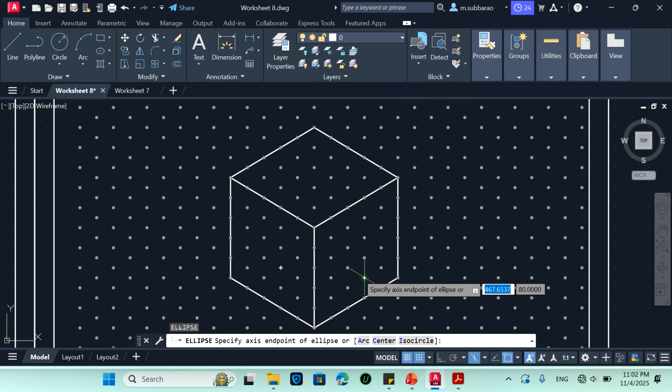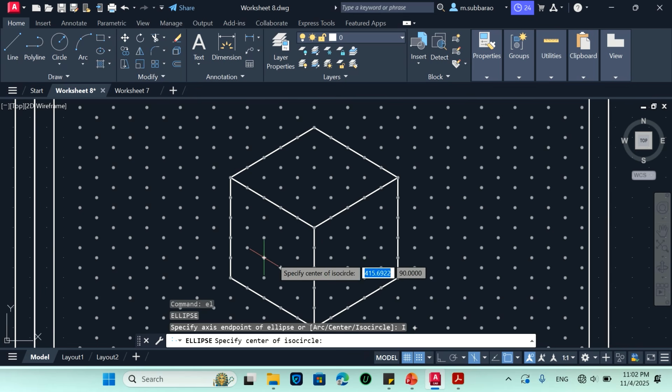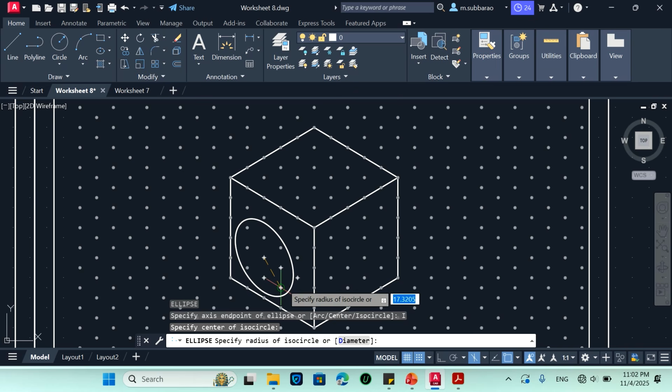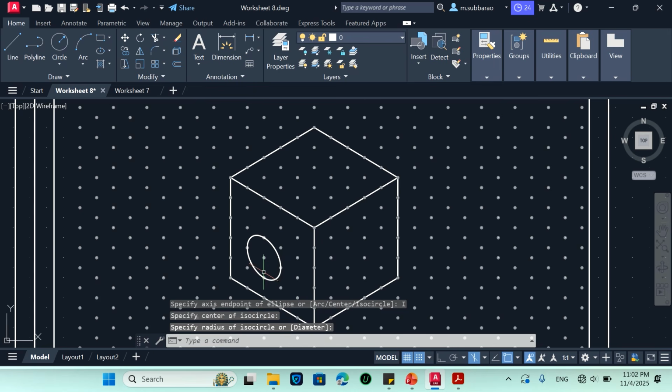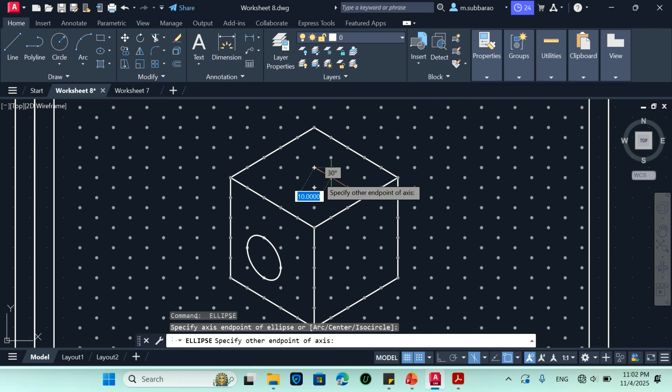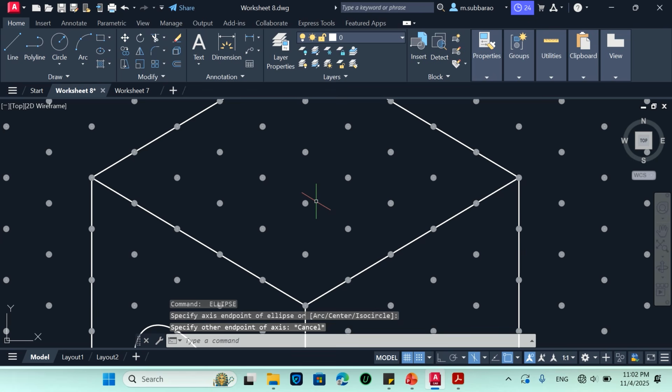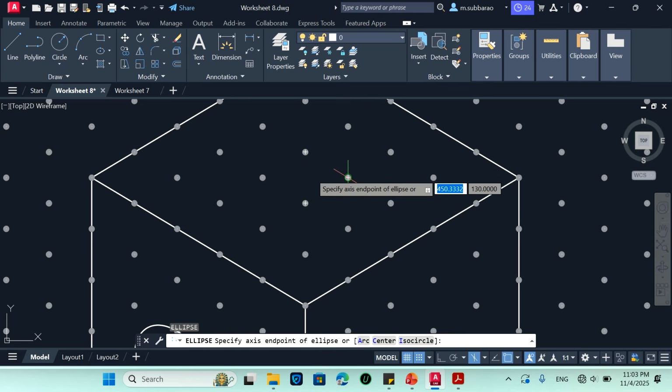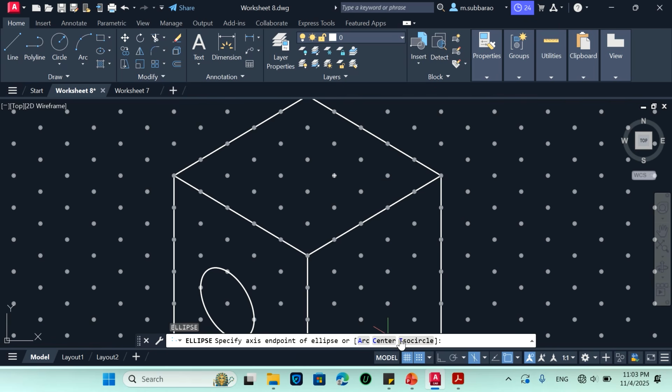enter. Now I need to draw an iso circle, so go to iso circle. Now I will take the center as this. This circle is in this plane, so I can draw the circle. If I use the same cross wires and draw another circle here, an ellipse will be drawn. So take the circle somewhere, iso circle, and then if you draw a circle, this